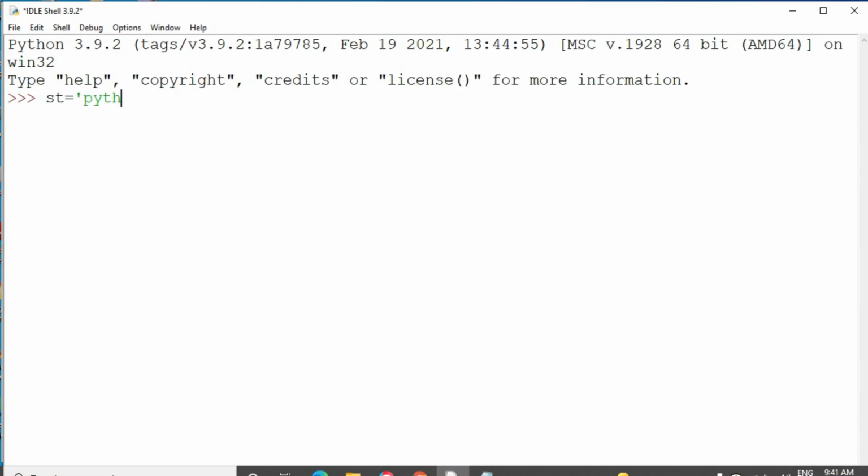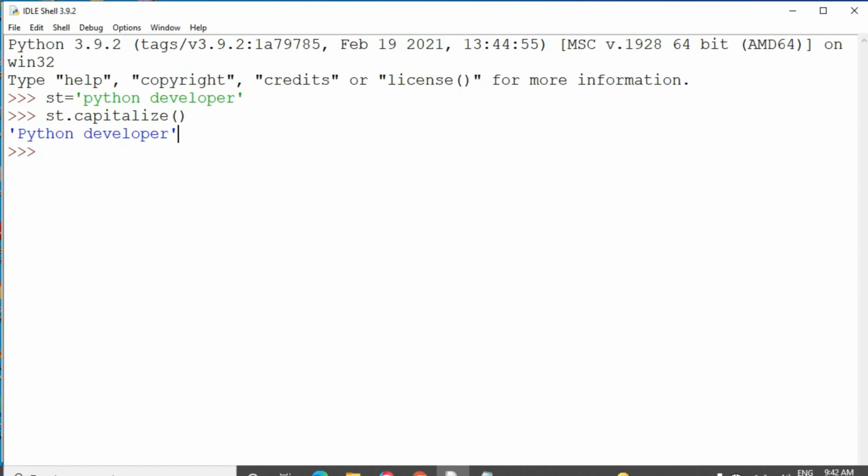I am taking the string as "python developer". Now I am applying the capitalize function, st.capitalize(). See, initially I have given the small p only, but it was converted to capital P. It was changed to uppercase, and the rest of the characters are in lowercase only.